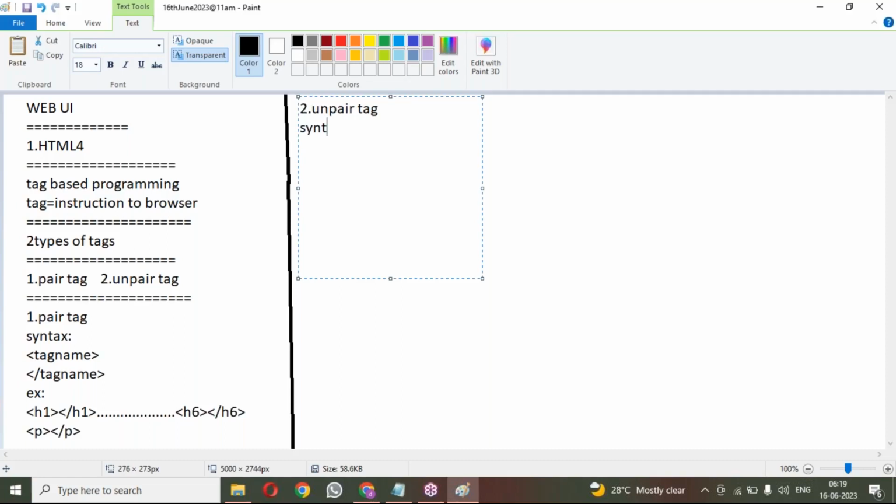For the syntax of writing an unpaired tag, we write the tag name, and here itself we close the tag like this. This way if we write it, then it will be an unpaired tag. So paired and unpaired, two types of tags we have. Example for this unpaired tag: